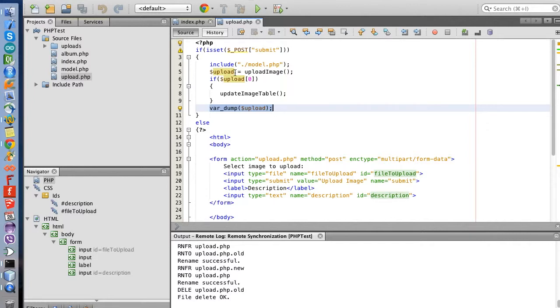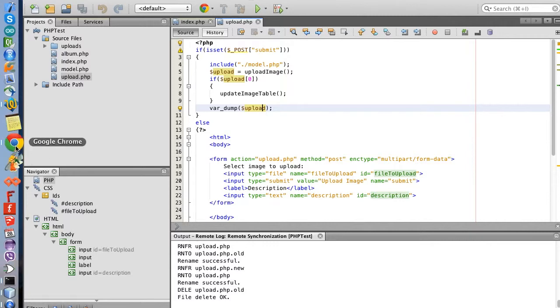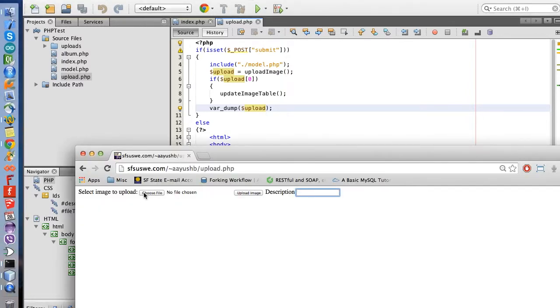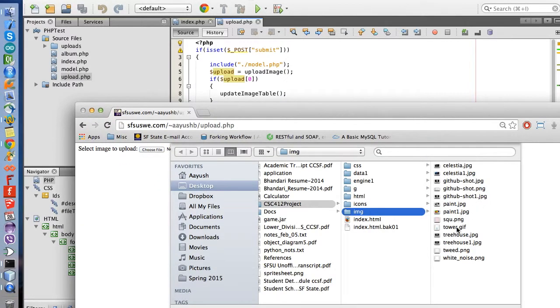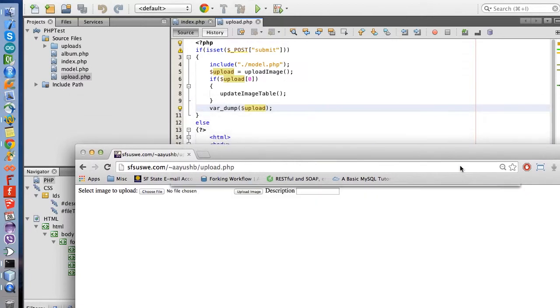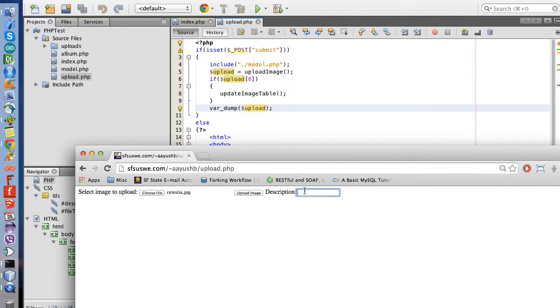The var dump upload here shows you all the information contained in that upload variable. If the upload variable is an array, it will display all the components of that array onto the page. And this is just for debugging purposes right now. We will be deleting this and adding a different piece of code here. So let's see how it works. I go, choose file, call it, so let's choose a JPEG. I can enter in information, hello, the description. If I click on upload,